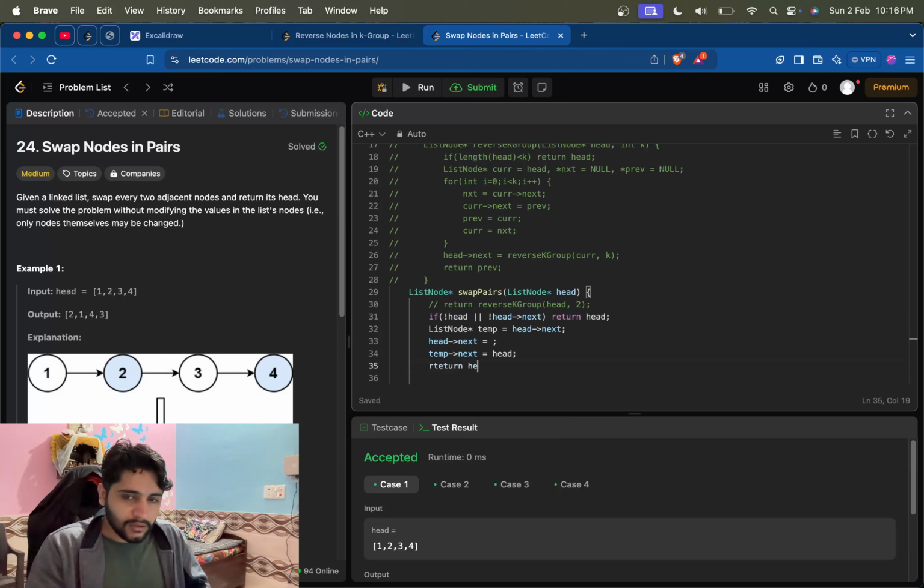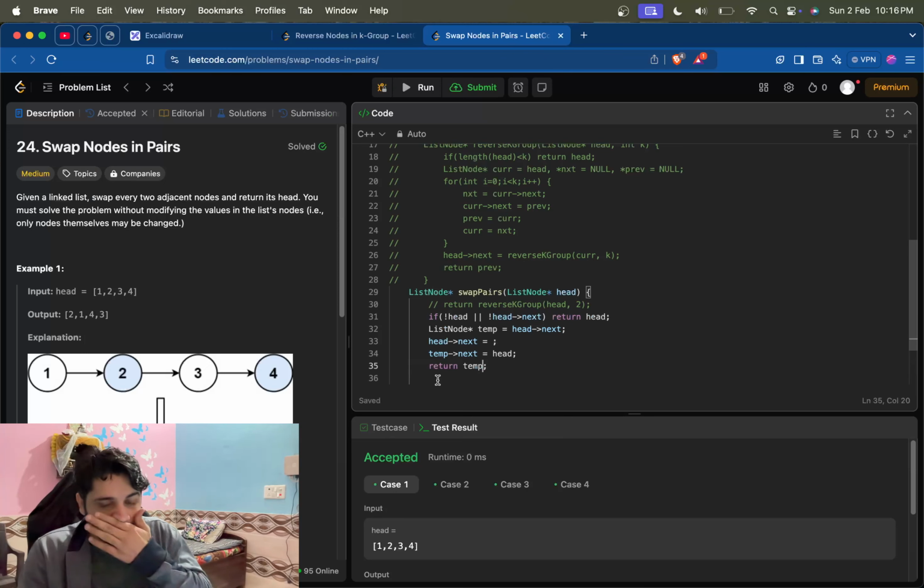And we will return the temp, okay, temp temp temp. देखो यहाँ पे हम देख सकते हैं कि because 1 और 2 है, 1 और 2 को हमें स्वैप करना है, ठीक है। तो 2 अगर इनिशियली टेम्प है तो हम 2 को रिटर्न करेंगे क्योंकि 2 हेड हो जाता है नई वाली का, ठीक है। और 1 का नेक्स्ट क्या हो जाएगा, जो नेक्स्ट वाली जो पेयर है जिसका जो फ्रंट होगा, यानी जिसका जो टेम्प होगा, जो वो रिटर्न करने वाला है। तो we can call the same function